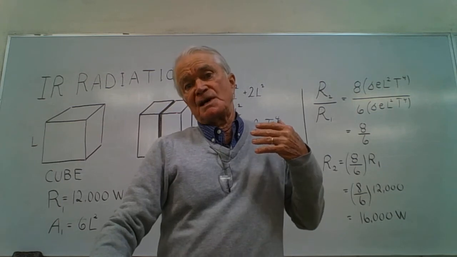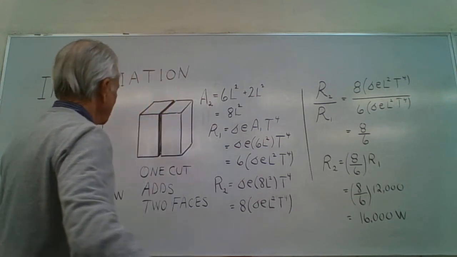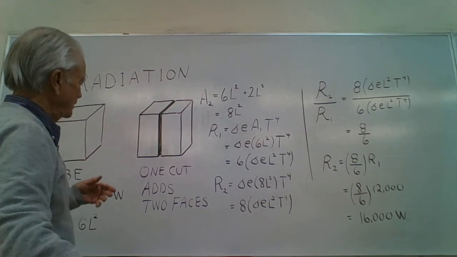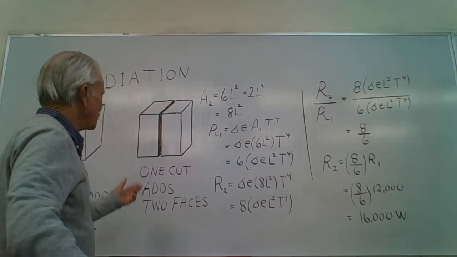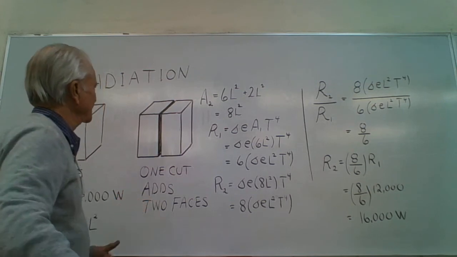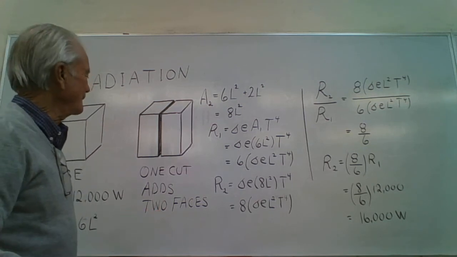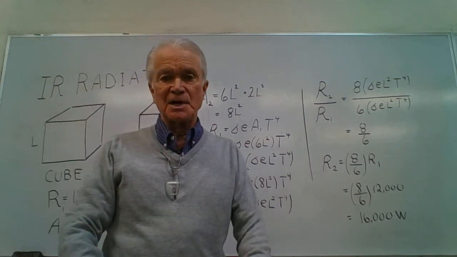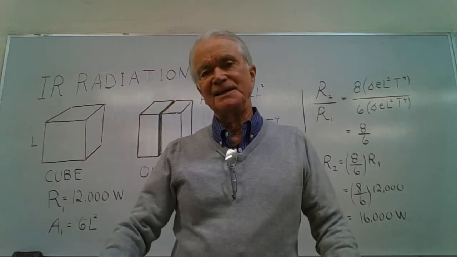You might want to try on your own answering the following question. What if we cut it twice, made 2 cuts? Well, here's the rule. Each cut adds 2 faces. So if you cut twice, you will have added a total of 4 faces, and so on. Well, I think we've seen enough of this example problem. There will be more discussion in the next part dealing with